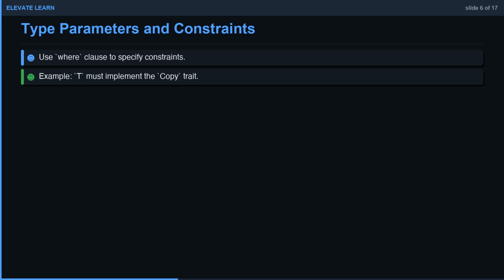Imagine you're working with a generic function that takes two values of the same type. But not any old type. Let's say we want to ensure that the type must implement the Copy trait. This means that it can be copied without moving ownership, like an integer or a string slice. So in your code, you'd add the trait bound. By doing this, Rust knows it's safe to copy the values inside the function, ensuring that your program runs smoothly